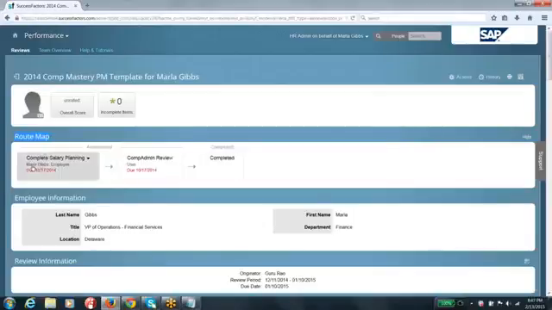And here you can see the current step, wherever that particular form is pending. It is currently pending with Marla Gibbs, and the step name is complete salary planning, and the due date is 10/17/20. It's already passed, guys. Don't worry. But you can see the other step is comp admin review, and the role that you added is the user, and the due date is 10/17/2014. So that is how the roadmap is going to look for an end user.